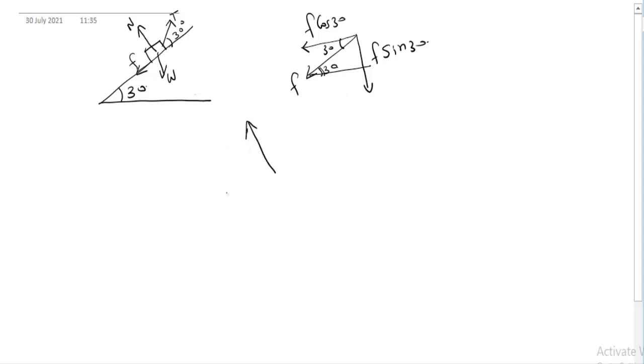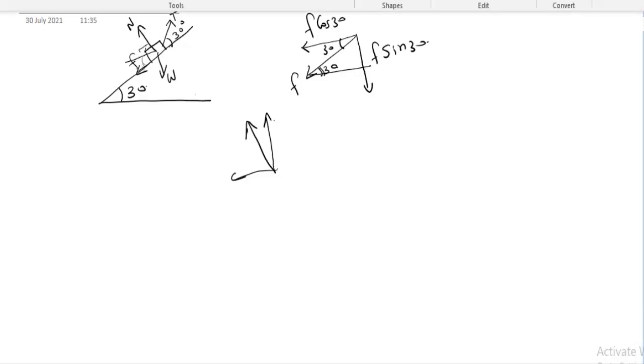Next I am going to consider the normal reactional force. This is the normal reactional force which is acting. What is the angle which it makes with the horizontal and the vertical? That one we are going to find out. So this is the horizontal way and this is the vertical one. Okay. So how can we find out this horizontal value and vertical value? See here we already got it as 30 degrees. That is with respect to the horizontal, it is making an angle 30 degree. Clear? Then what will be the rest, this perpendicular to the surface, that is the whole thing is 90 degree.